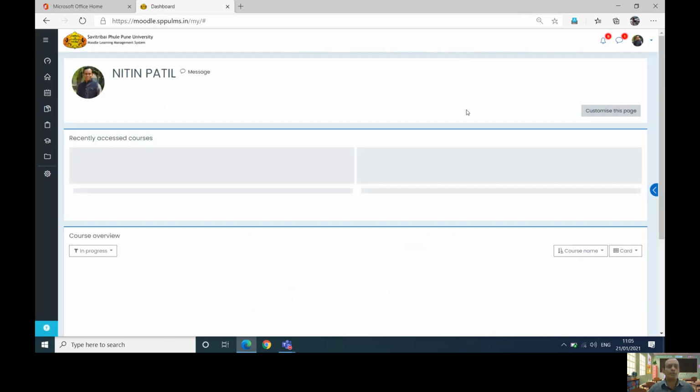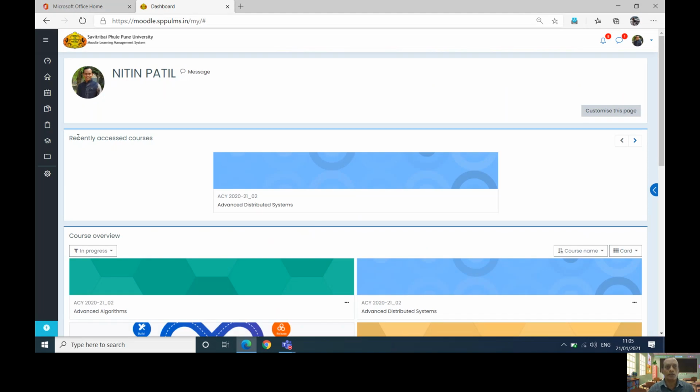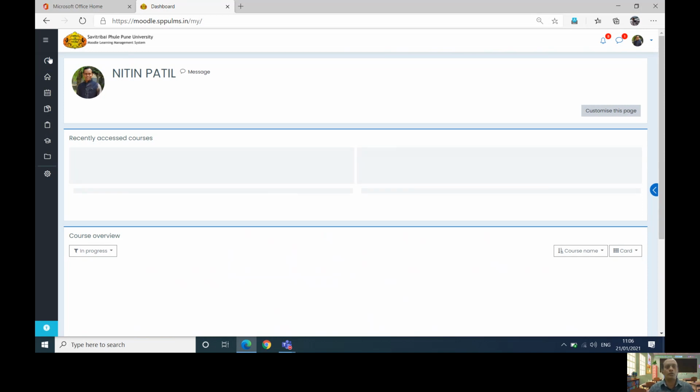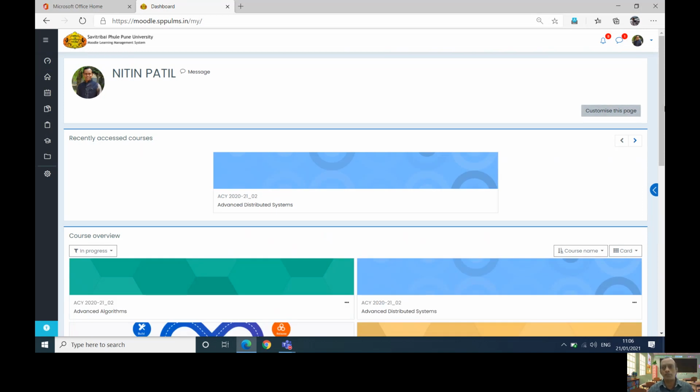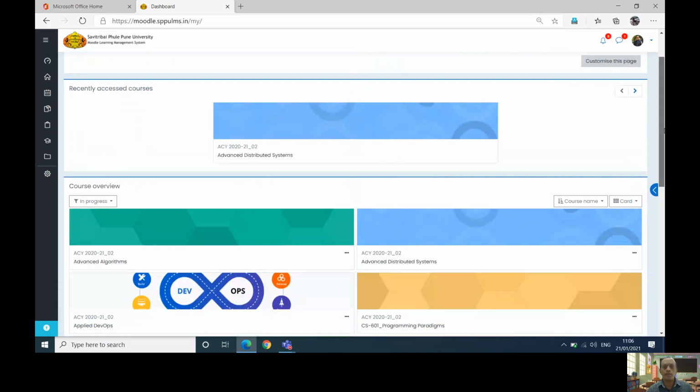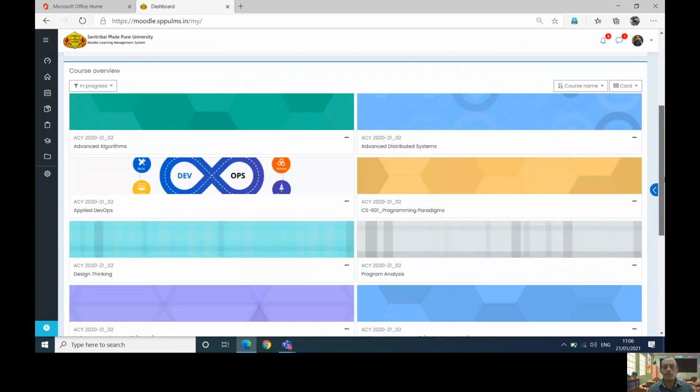If you have already logged in with office.com in the browser, it will automatically log you in. Now one additional constraint I should mention that we have added is that you are not given permission to create courses. We are going to create courses for you. The IT services would be creating courses for you depending upon the list given by your Moodle coordinator. Fine. So you can go to the dashboard, which will show you the courses you are registered with, assuming you are registered. On that dashboard, you can see the different courses to which you are registered. You can click on any of them and then proceed.